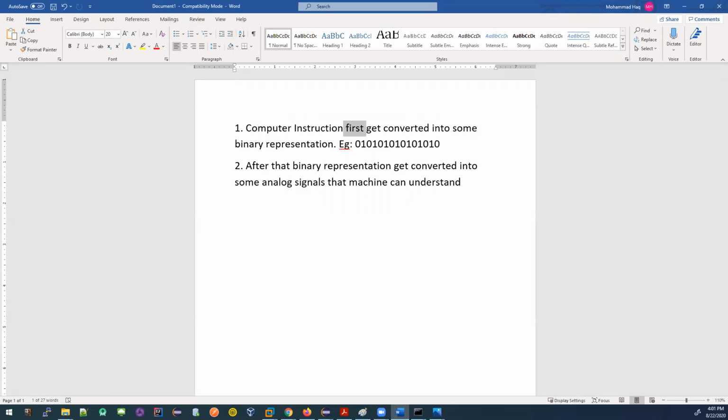Now, if this is how software and hardware work, software sends some instruction, it gets converted to some machine language, and then the machine language gets converted to some electronic pulse. And again, when you give input from hardware, it also gets converted to some machine language, and then it gets converted to some digital input. So when we are working in a computer, in an application, do we know how this happens? Do we even care about it? No, we don't care about it.